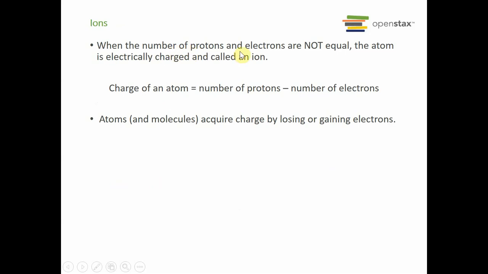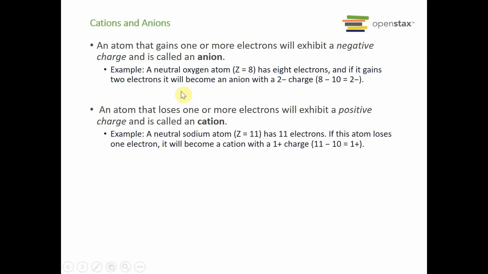When the number of protons and electrons are not equal, the atom is electrically charged and called an ion. Charge of an atom equals the number of protons minus the number of electrons. Atoms and molecules acquire charge by losing or gaining electrons. An atom that gains one more electron will exhibit a negative charge